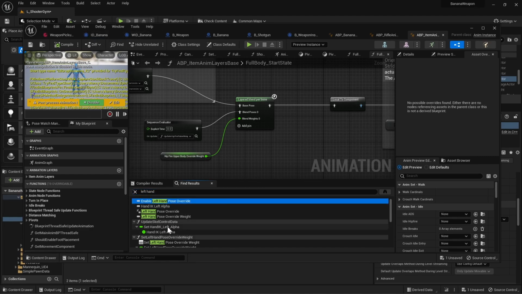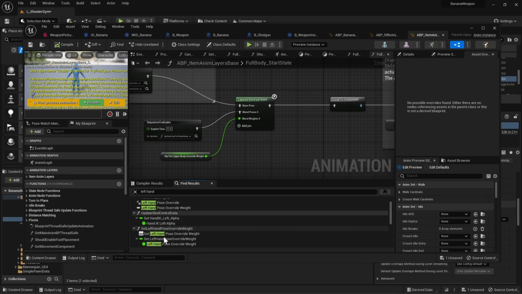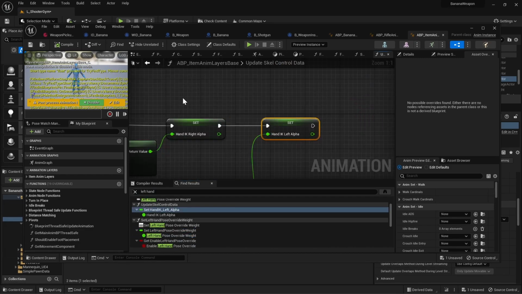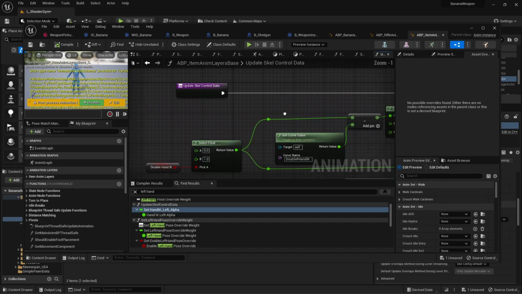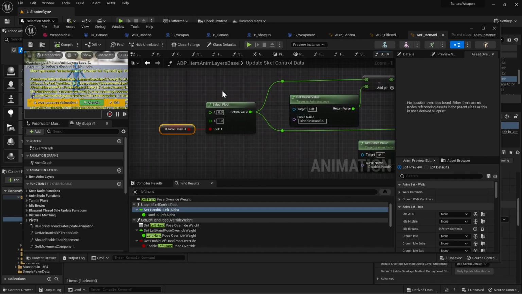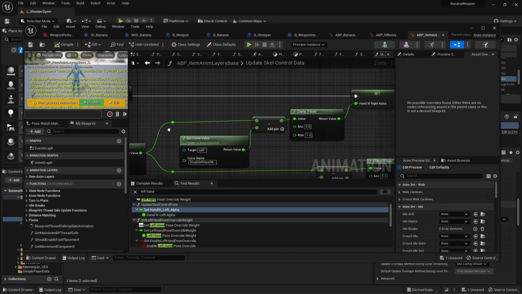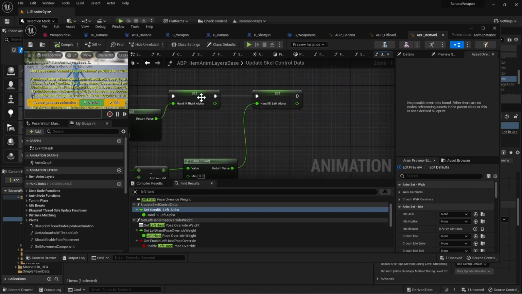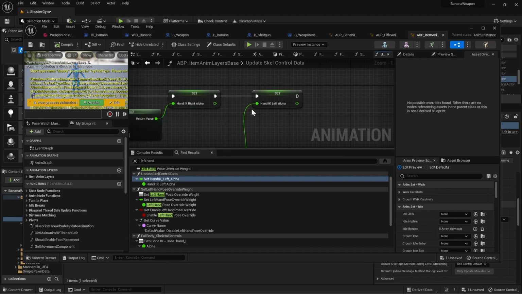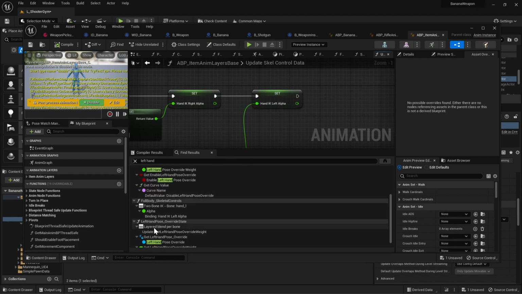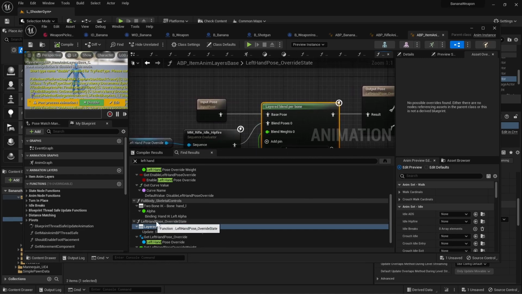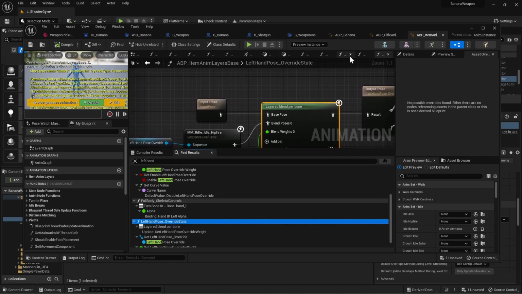So yeah, let's just find where this is used. So whenever this is active, you're not disabling the hand IK, it just makes sure that the hand IK right and left hand alpha is 100%, so just one. And then where the magic happens is in this animation layer